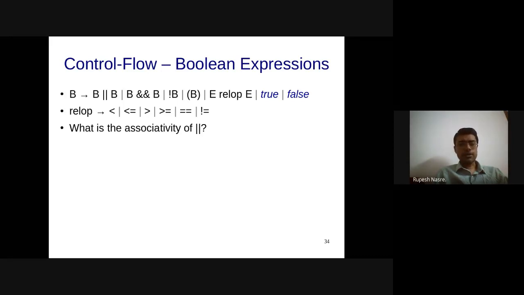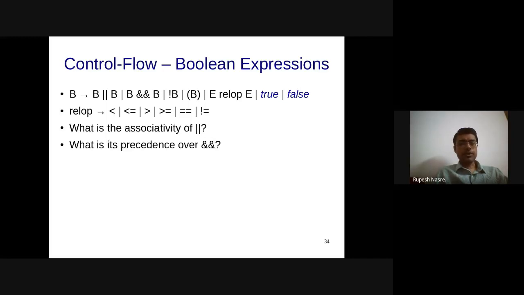What happens in ANSI C, I mean, or C? What should be the associativity of OR? Right. So it should be left associative. In fact, it is a little stricter than left associative. I mean, definitely left associative, but the short circuiting also happens. So in B1 or B2, we should not be allowed to even execute B2 if B1 turns out to be true. So this is something which we have to be careful about, and that's what we will have to encode.